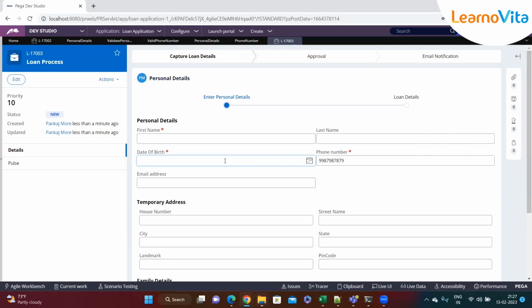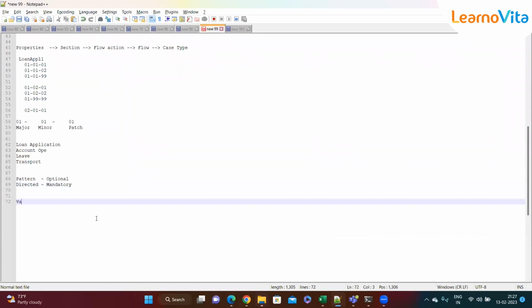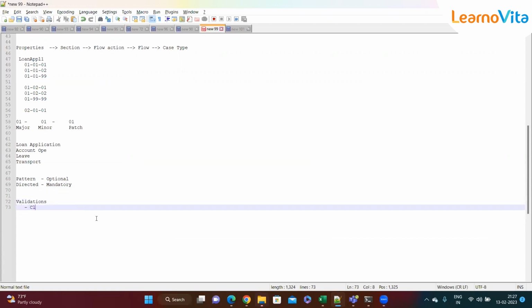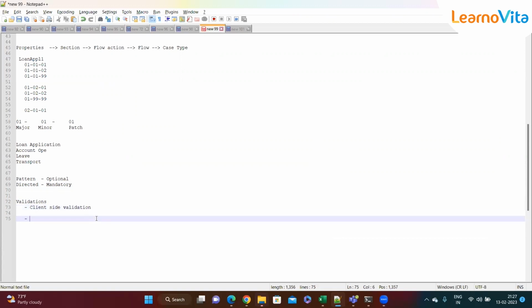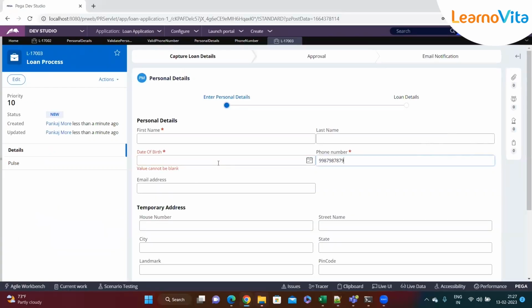Okay. So today we are learning about validation, right? Validations are of two types. One is client side validation, and then we have server side validation. So what does that mean? Client side validation is like the required fields, how we have made them required. For example, let's say,